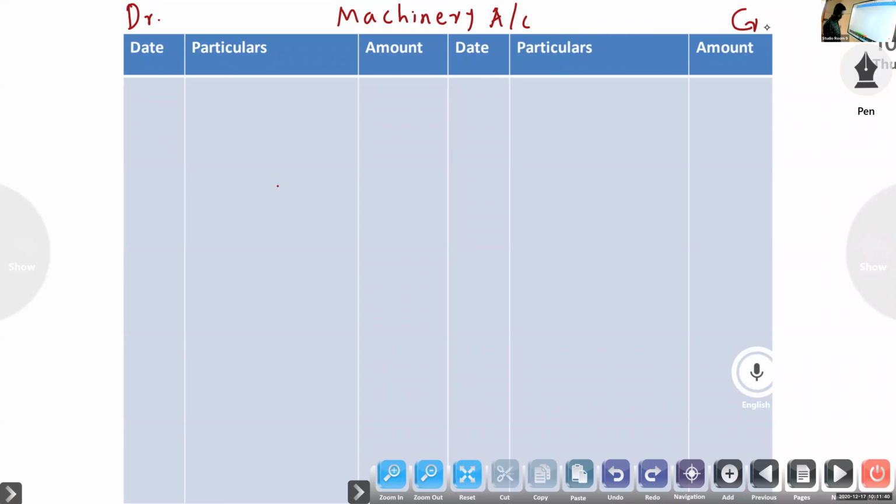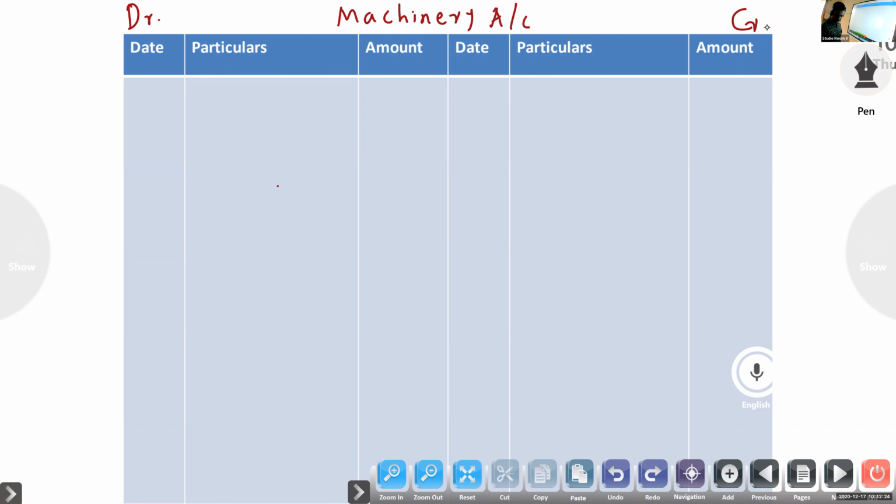Everyone turn on your video. Bharat Company, 6th question. Look at the 6th question. Bharat Company purchased on 1st January. So first we have to look, closing date is when? 31st December. So they are following the calendar year, January 1st to 31st December. So on 1st January they purchased a machinery for rupees 19,200